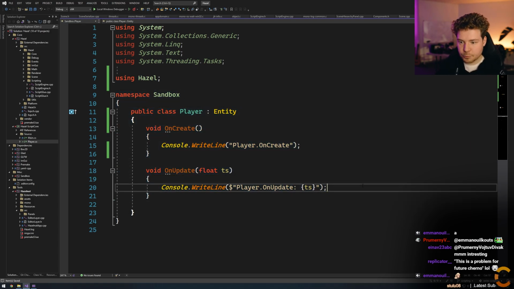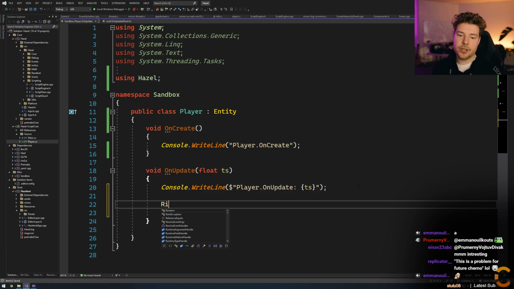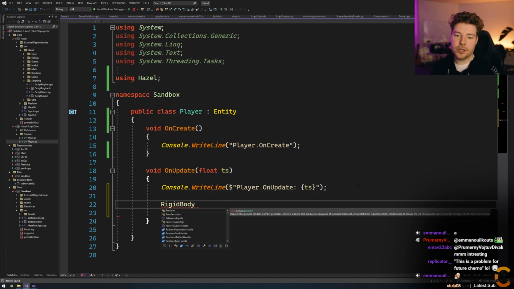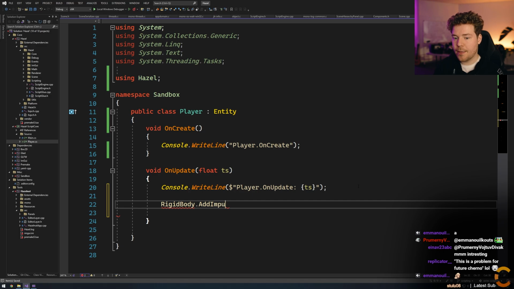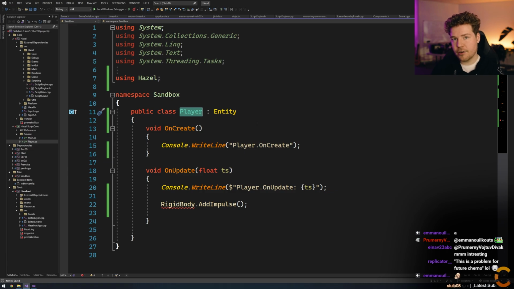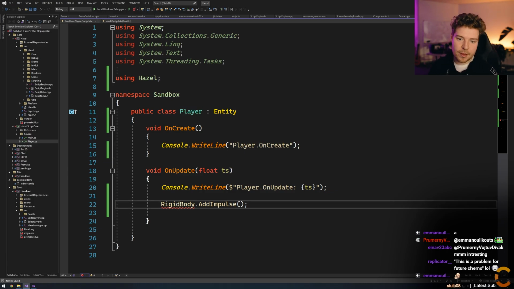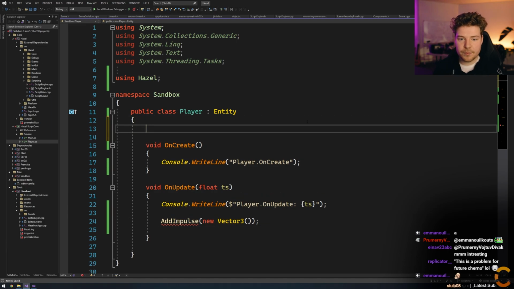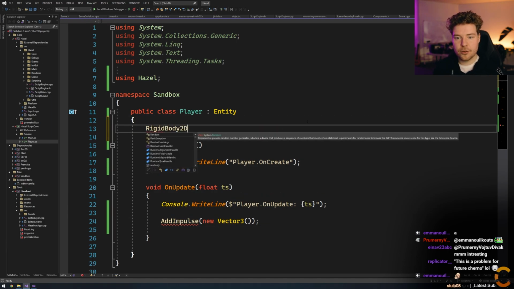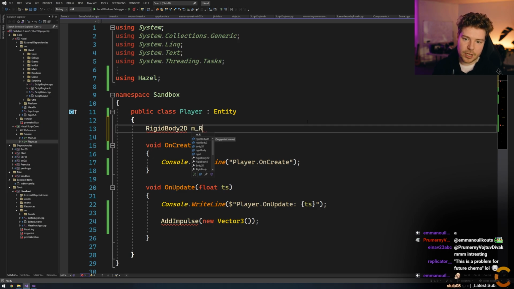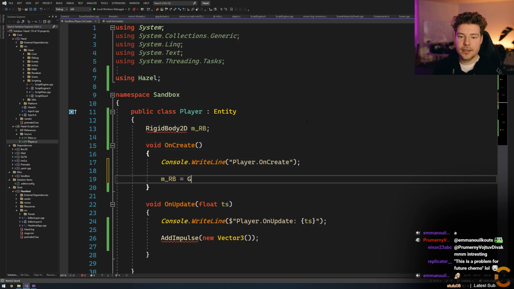So what I mean is like, we could obviously kind of almost procedurally write all these things like, you know, rigid body dot add impulse or whatever, and then that could add an impulse, and in a way, like we need to obviously be aware of the current entity where we're applying the impulse to. So maybe it was even like just add impulse, and then like, you know, new vector 3, and we could add our impulse and everything will be great, right? But we probably want to be able to do stuff like rigid body, you know, 2D component or whatever, just rigid body 2D. And then something like get component, you know, rigid body